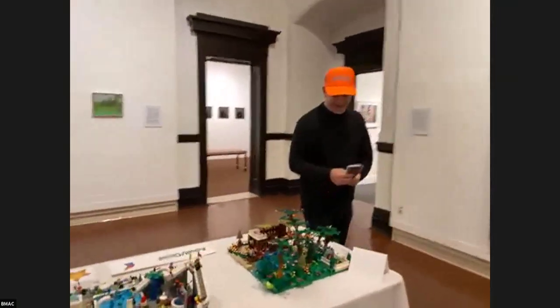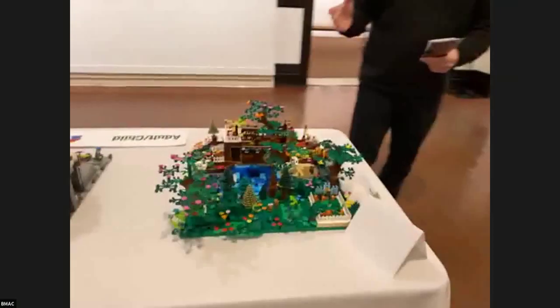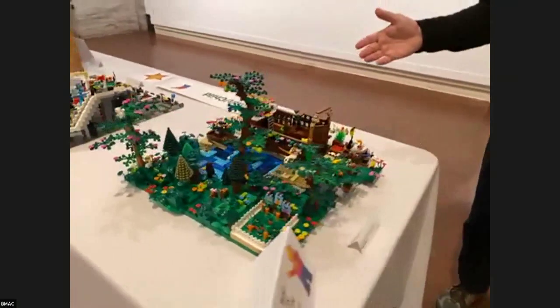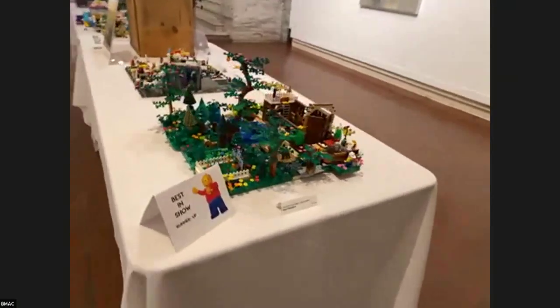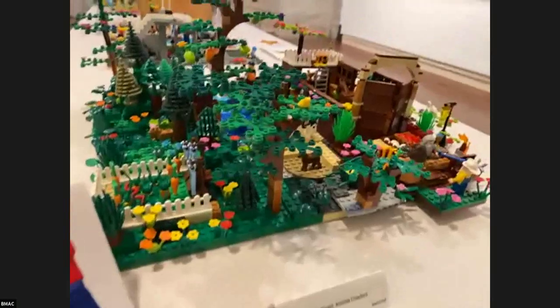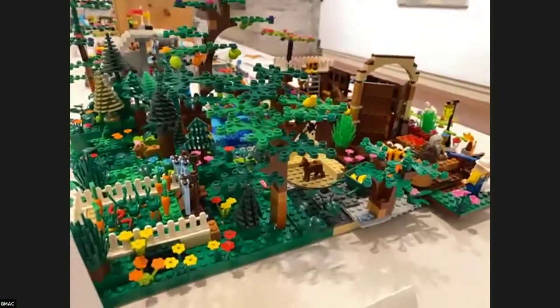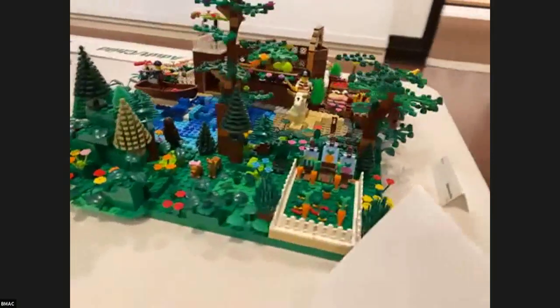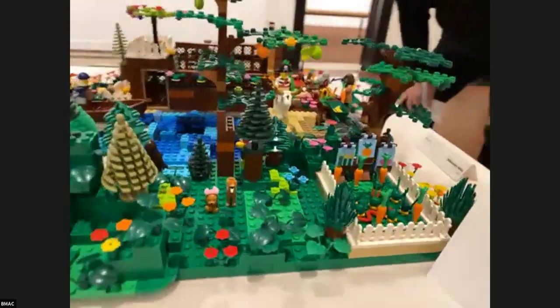Here we have the runner-up for Best in Show, and this is called Happy Homestead, which it most certainly is. And it is by Jack Ewald, Claire Ewald, and Antonia Crawford. Congratulations to you 3 for making this really happy, cheerful homestead,